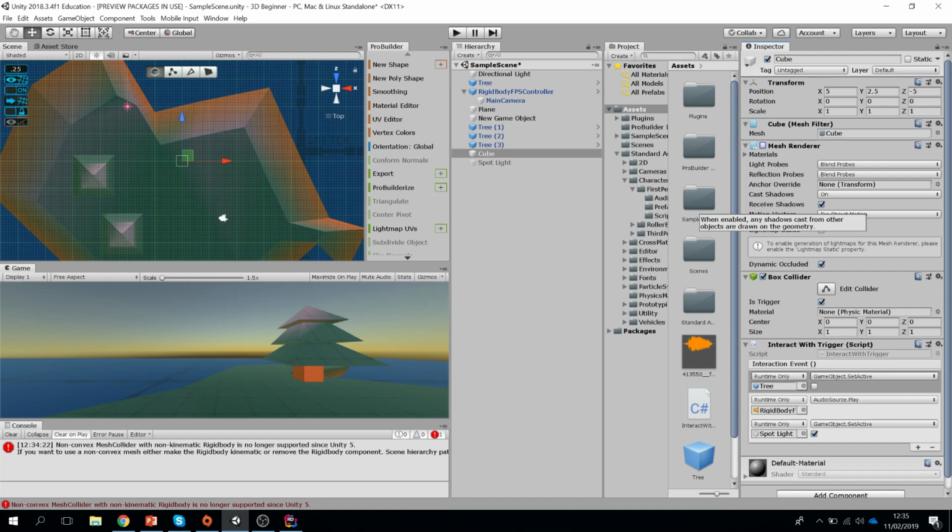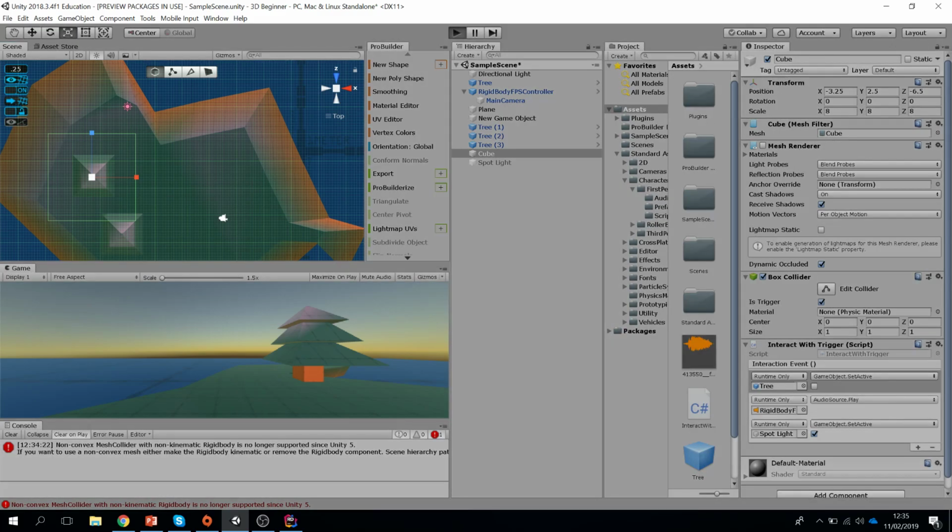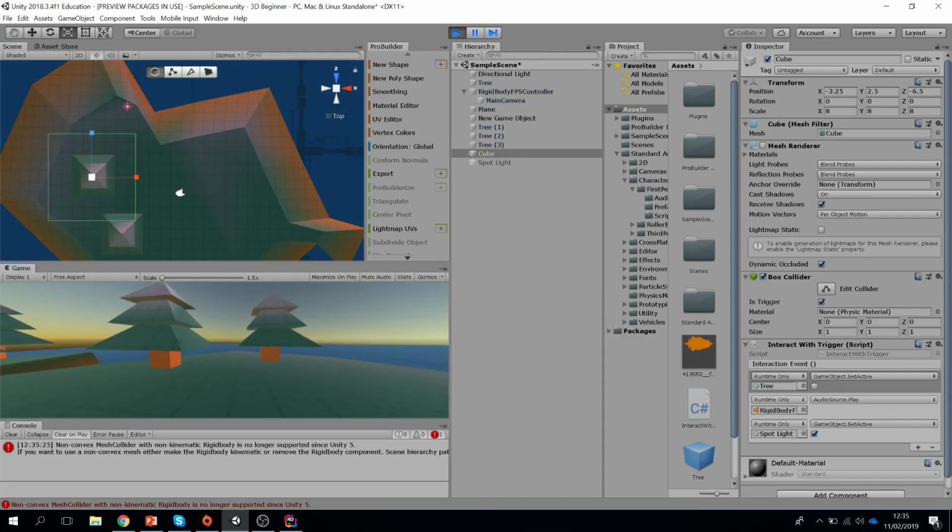So basically, what I can do then is I'm going to select this and put it over here beside the tree, and I'm going to scale it up. So it's something like that, either side of the tree. And this green box here now shows me my collision radius with the tree. So now if I press the play button and I go over near this tree,